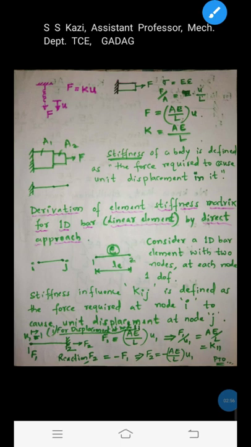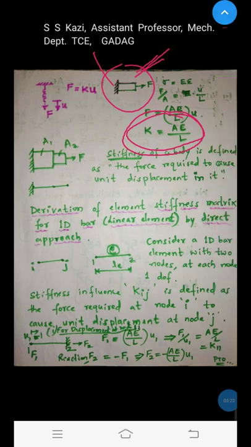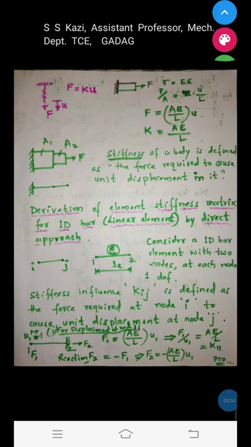Now this is the stiffness value we got for this simple bar with one end fixed and the other end applied with the force. This is the value of the stiffness only at the bottom of this particular bar. At other locations we will not get the stiffness values. This is the formula to find the stiffness value at the bottom of the bar.